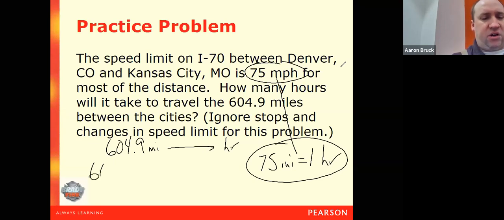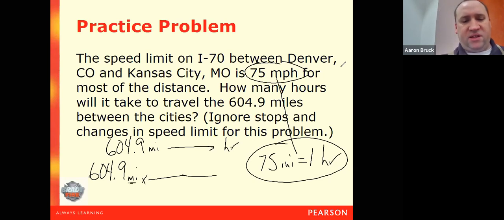I have my 604.9 miles. I multiply that by my conversion factor. Since miles is in the numerator here, I need miles in the denominator there. And hours will go up top. The conversion factor says 1 hour is equal to 75 miles. And so